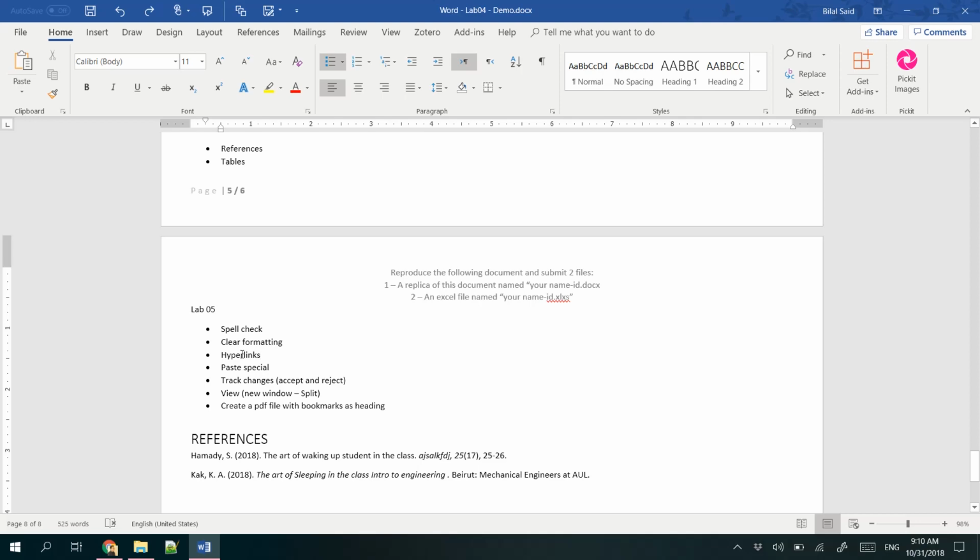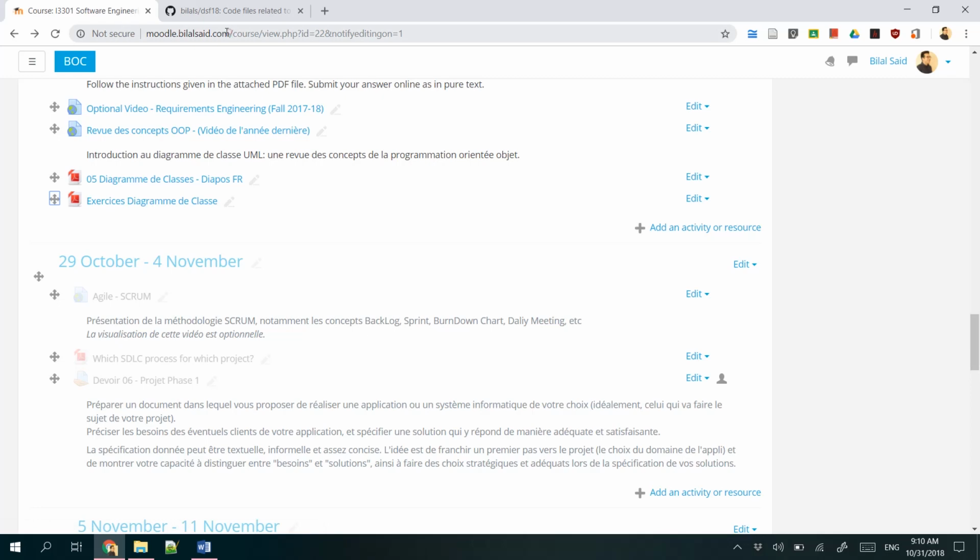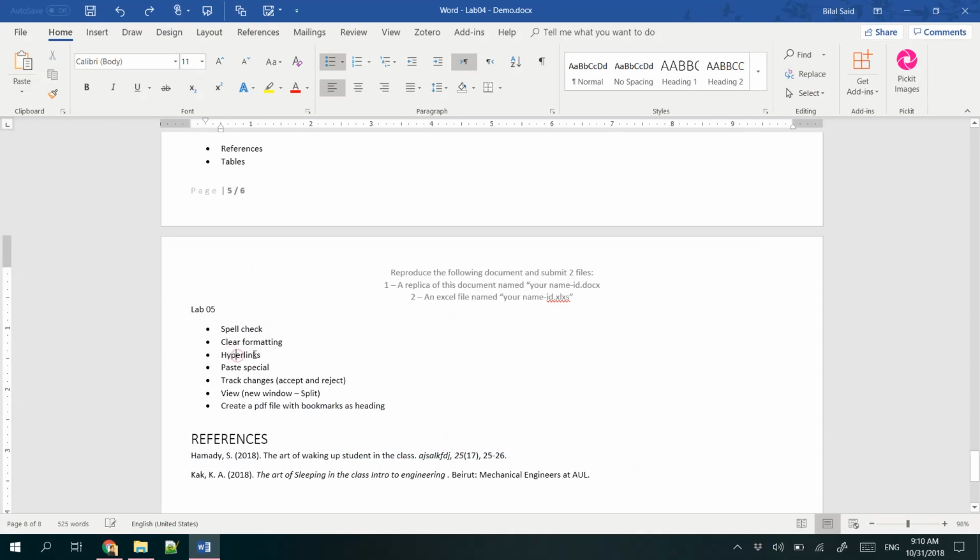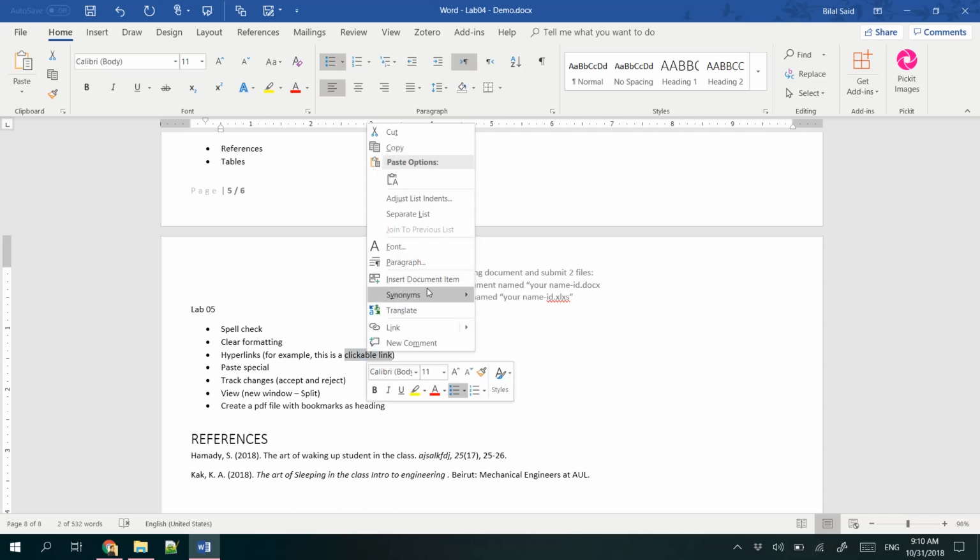It's a quite easy thing. Imagine you want to point towards this web address here. So I'm gonna type here, for example, and then we're gonna type, for example, this is a link, or maybe a clickable link. The sequence of words that I call the clickable link, I want to really make it clickable. So I'm gonna right click on it and then hit